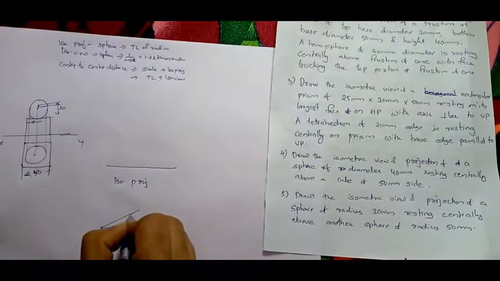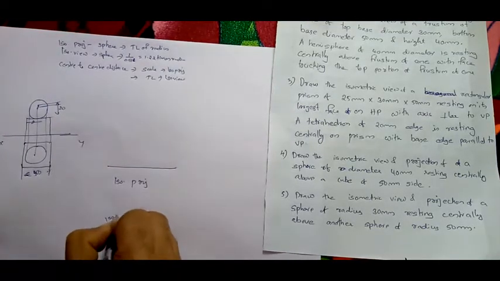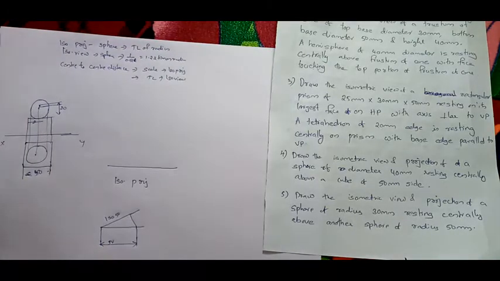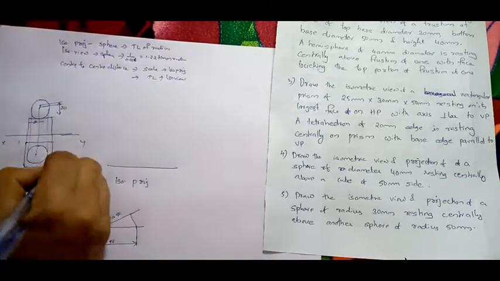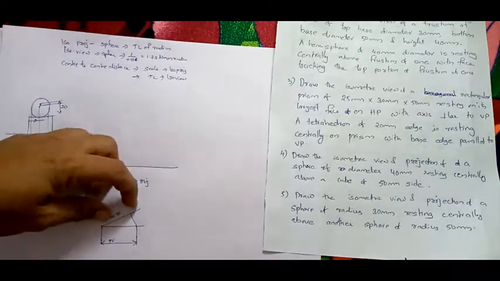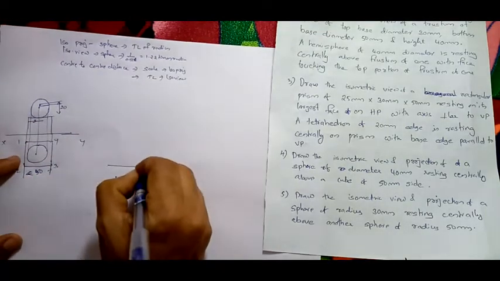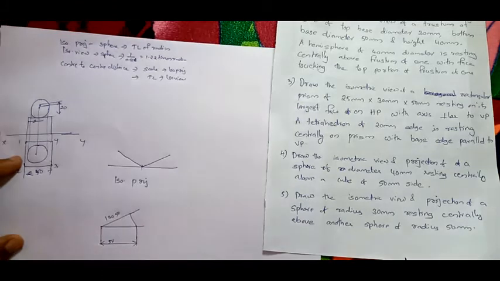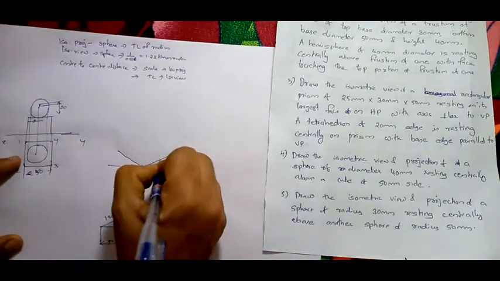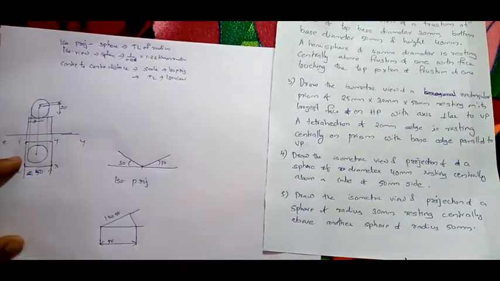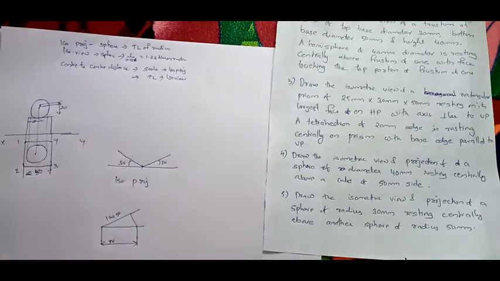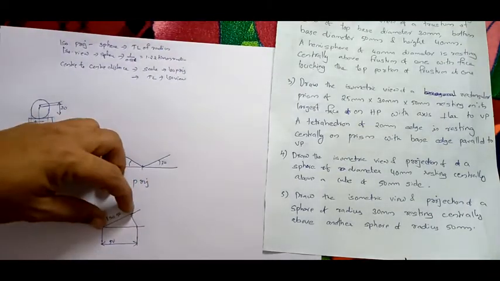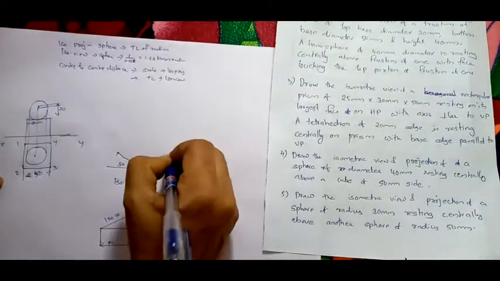Draw 45 degree. Then ISO of 50 I have taken. Now this 1 2 3 4 I will be drawing, taking this ISO of 50. Now take this, draw this line 1, 2. So taking 30 degree towards both the ends, you have to draw this 50. Instead of 50 you have to take ISO of 50 and cut it here 1 2 3 4.